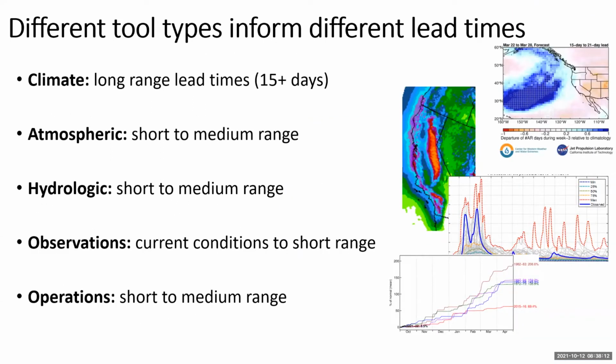So different types of tools inform the different lead times. As I mentioned before, climate products often are the long range lead times of 15 days or more. Atmospheric products are short-term to medium range, so they inform the current out to 10 days. Hydrologic products do the same, as atmospheric river events often drive hydrologic products. And then observations is what's going on now, the reality of the situation as things develop, and can provide some short